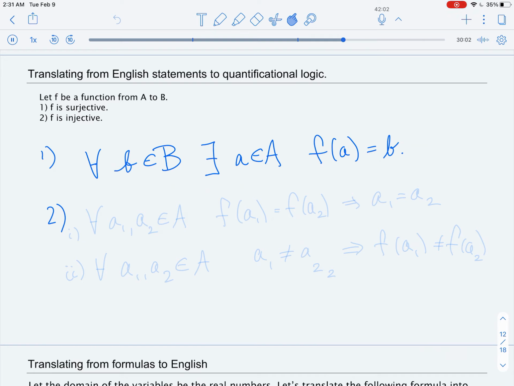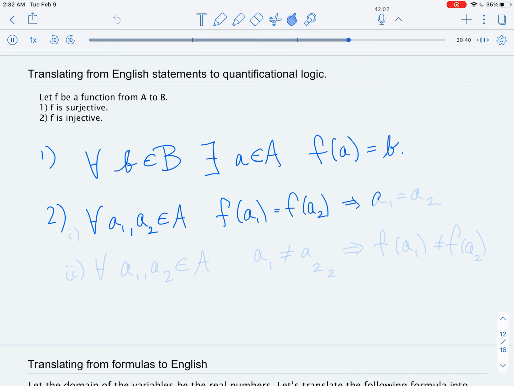So for any point a1 in the domain and any point a2 in the domain A, and you'll notice that I'm just using one quantifier to bind both of those variables, and that's fine to do. That if they map to the same location, that means if f of a1 is equal to f of a2,